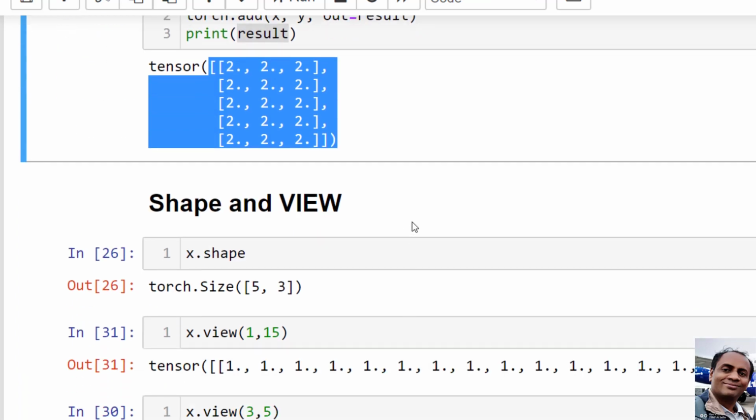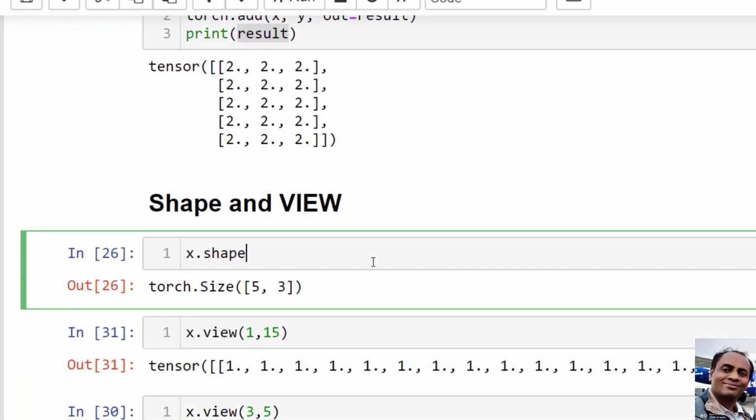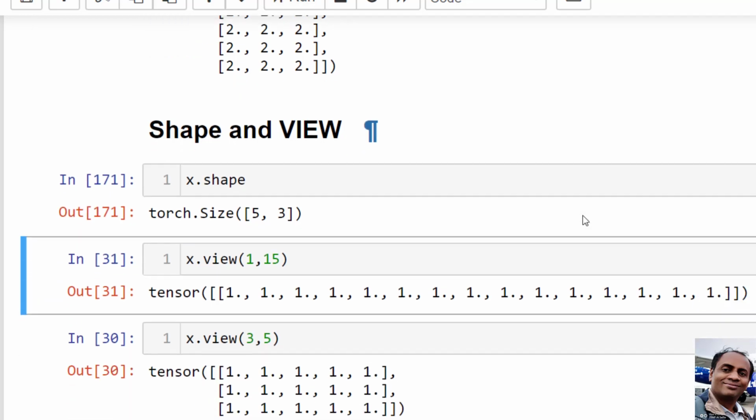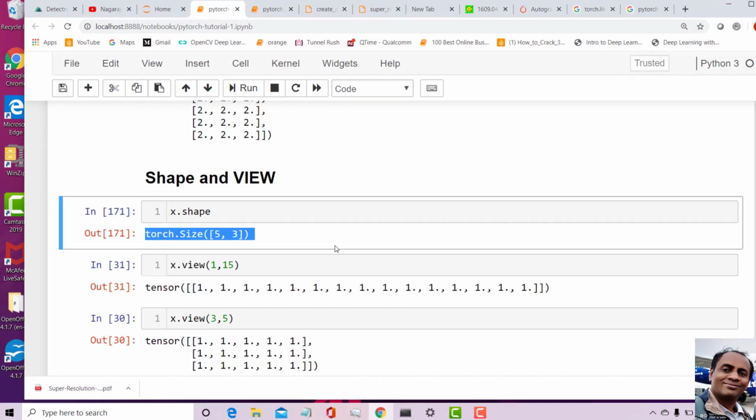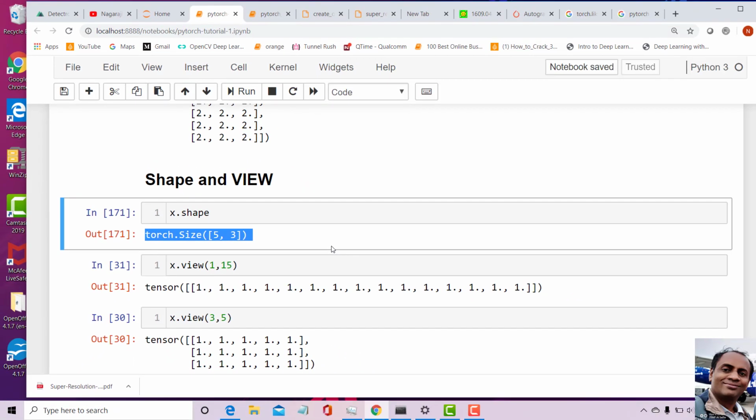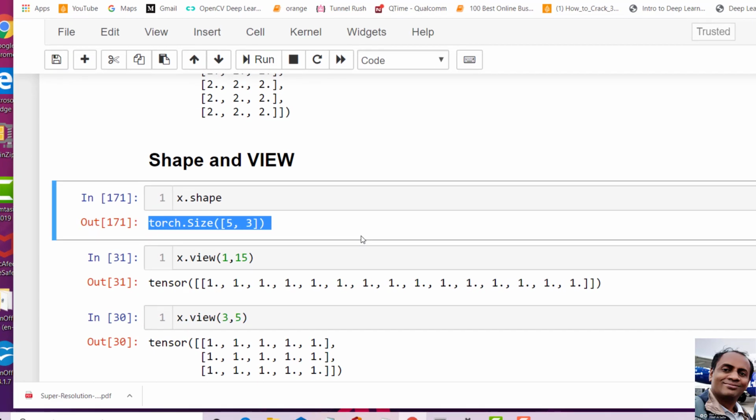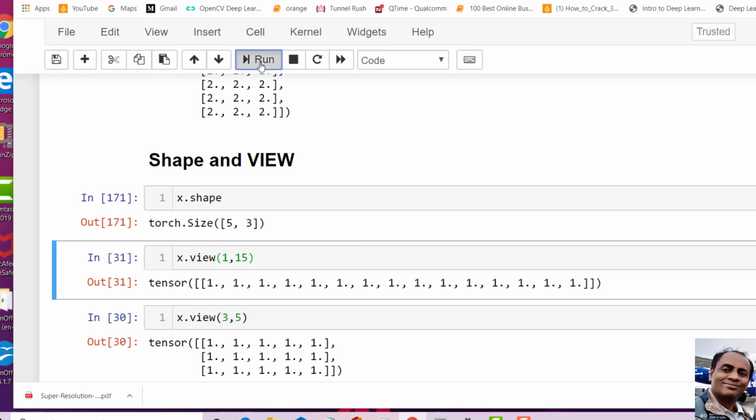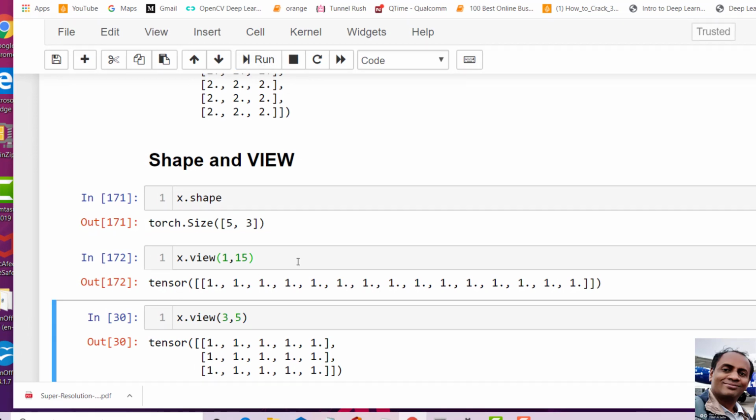Okay, so next important thing is shape and view. So shape I already talked about. Shape of x is 5 rows 3 columns, and now if I want to change this 5 cross 3 to, totally 15 elements, right? So I want 1 row and 15 columns, then I can do view, x.view(1, 15), 1 row 15 columns.